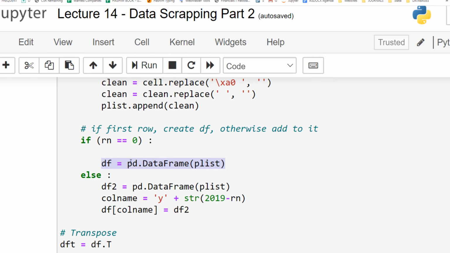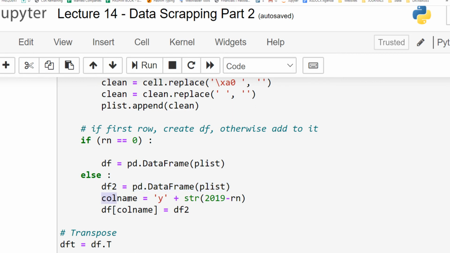We will do the same about the companies, but at this time for each row we create a separate column. So if it is a first row, we create a column and we define a data frame from the Python list. If it is not a first row, we create a temporary data frame which we call df2. We write the Python list to it.